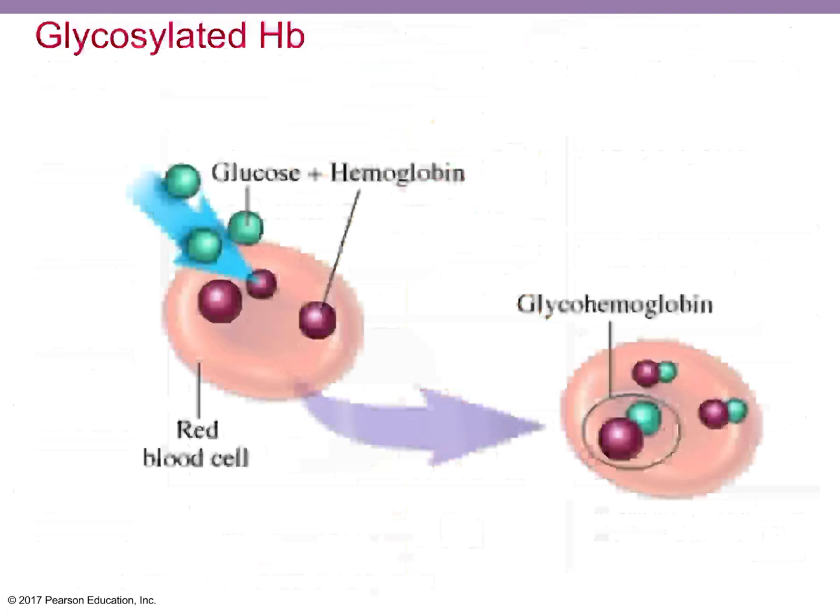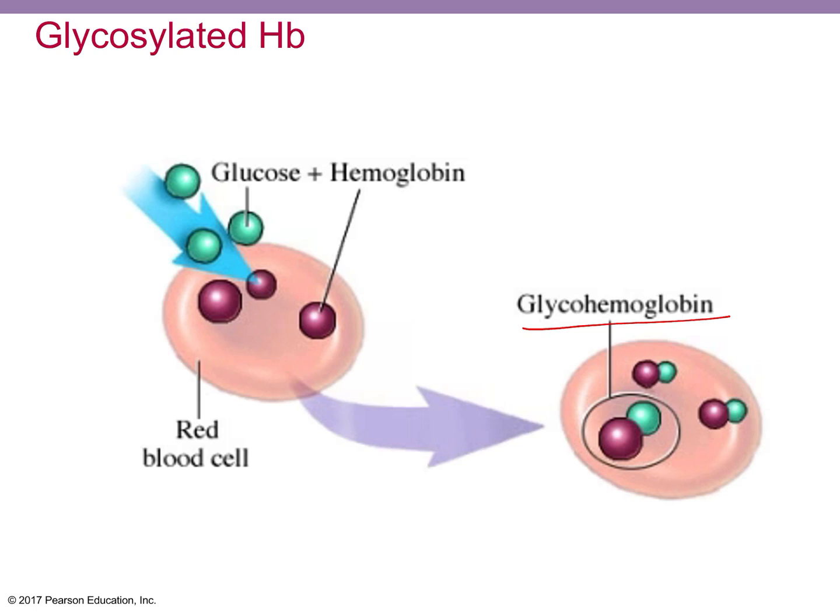So turns out that when you have glucose in very high concentrations in your body, it attaches to random proteins. And this is called glycosylation. There's no enzyme required for this. So it's non-enzymatic addition of glucose to proteins to form what's called advanced glycosylation end products, or AGE. And this is a picture of hemoglobin becoming glycosylated, or glycohemoglobin.